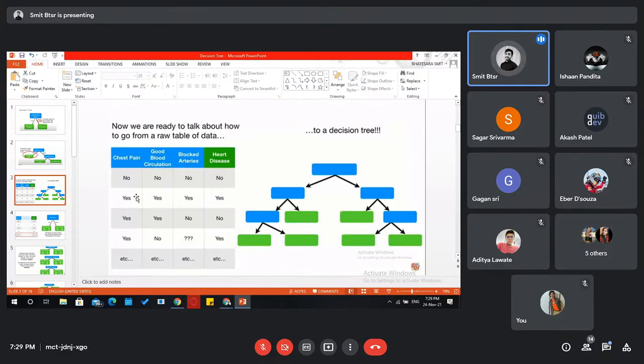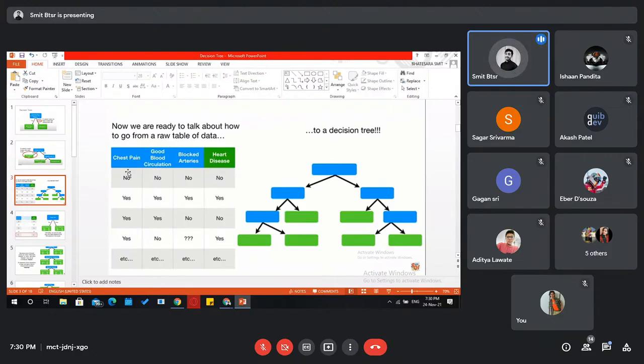So we have this data, and let's consider this is data of patients from a hospital, and we want to make decisions from this data, from reading this table. We make decisions in this tree kind of format, and this is the tabular data, right? We can interpret small tables, but we are not capable of reading a huge table. If it contains 1,000 rows, we cannot tell what is happening.